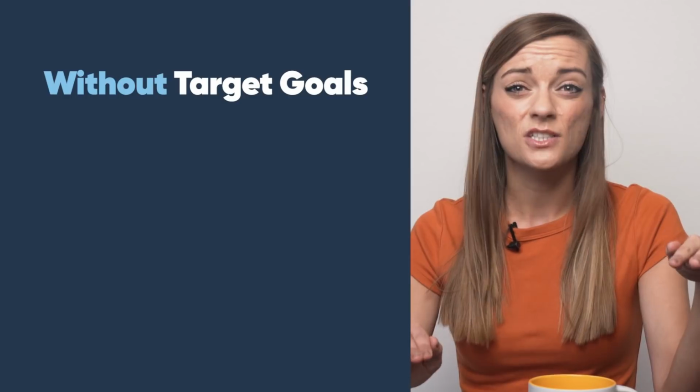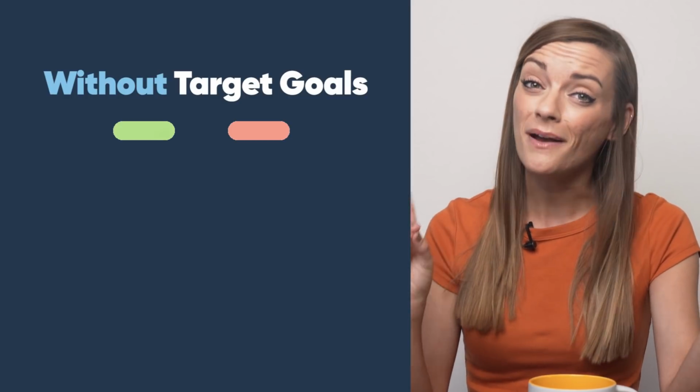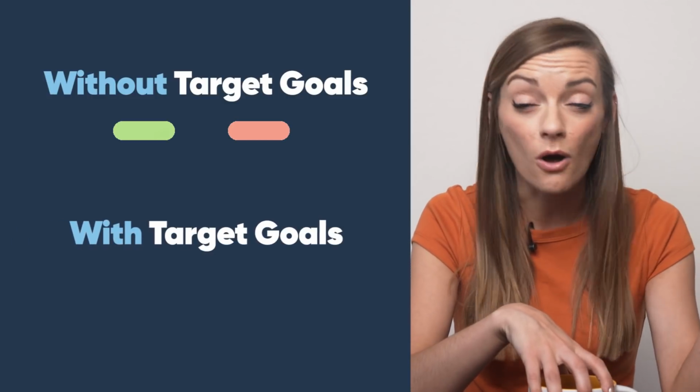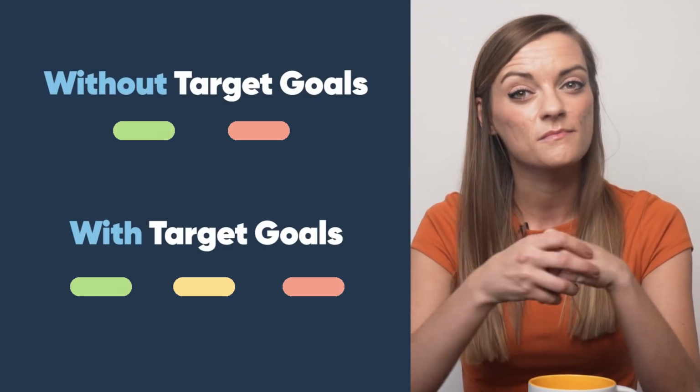Now, there are three possible colors your progress bars could be. If you don't utilize target goals anywhere in your YNAB budget, then the only colors your budget will show are green and red. But if you do set target goals on 1 or 12 or all of your categories, you'll also see the color yellow thrown in the mix. So, for the sake of an easy explanation, let's go ahead and put yellow back on the shelf for a little bit,